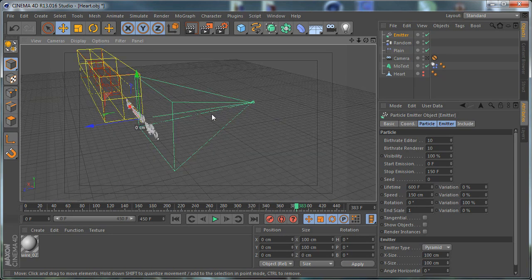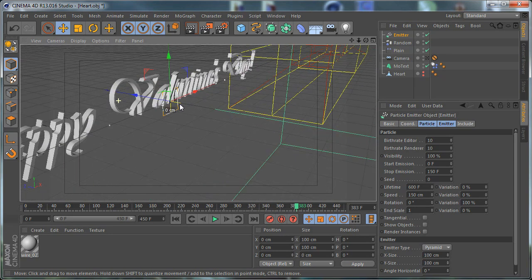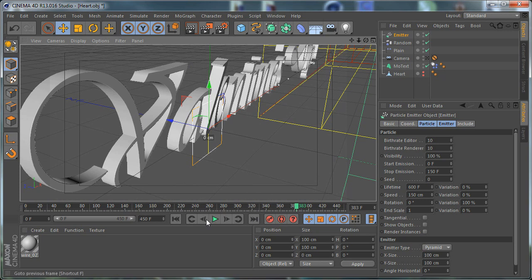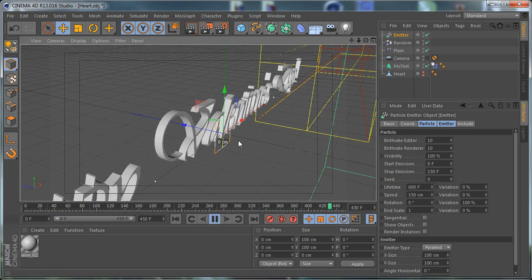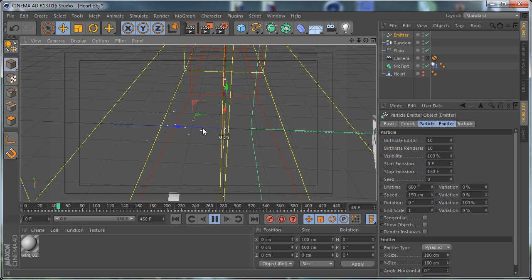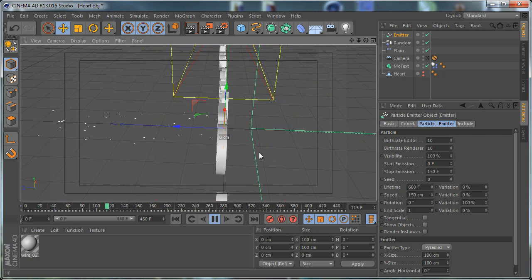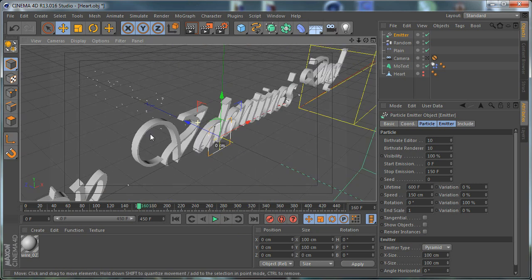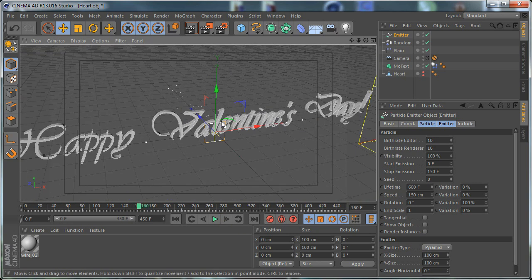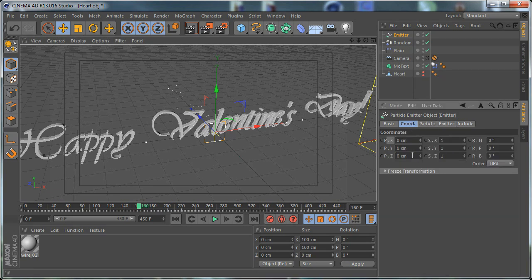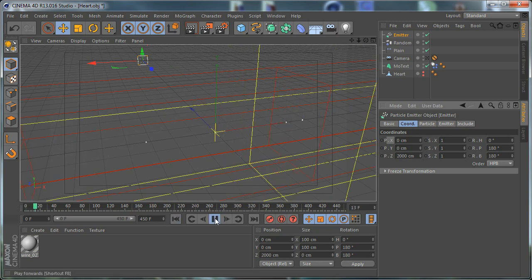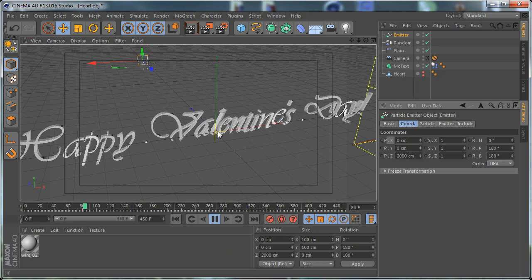And by default our emitter is right here in the center of our scene, and if we play, we can see that it emits particles, but it emits them in the wrong direction, and the size is too small for our needs. So first of all, we need to take this emitter and put it way back like so, and after that we need to rotate it